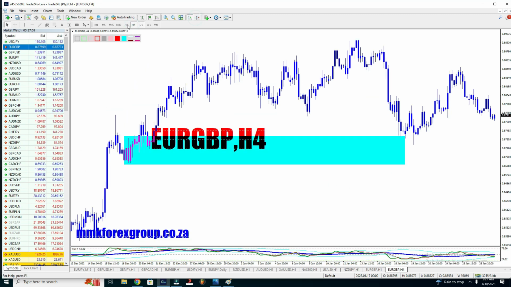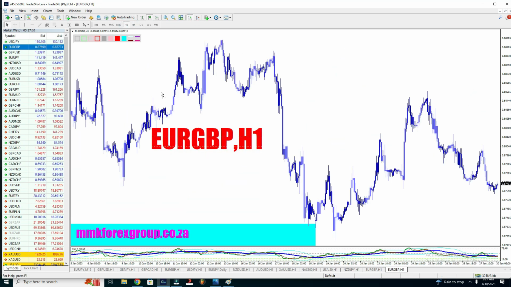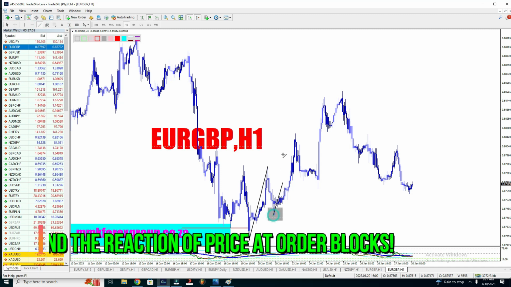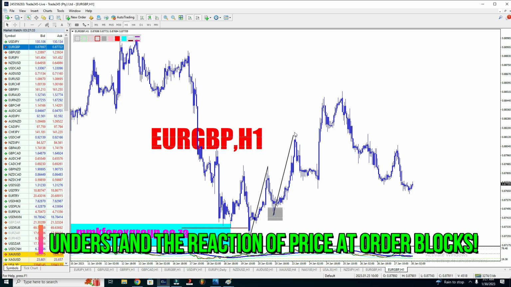So as price pushed down to this area, we can identify how price reacted to that demand zone right there. After the reaction of that demand zone, we can clearly identify a push up, giving us level 1. Price gave us a higher low, and then price broke structure, as you can see, giving us a higher high right there, and giving us another